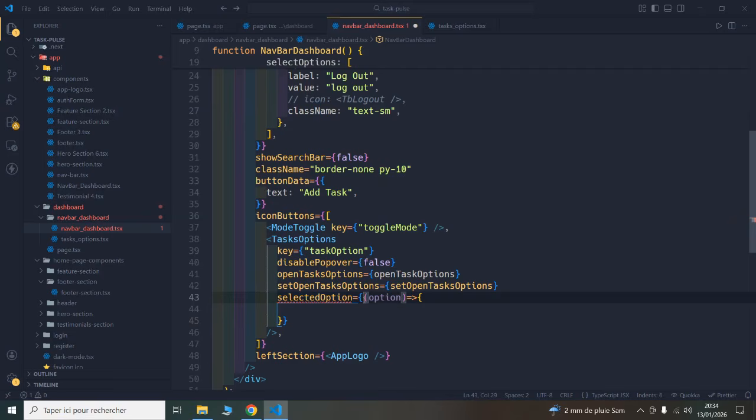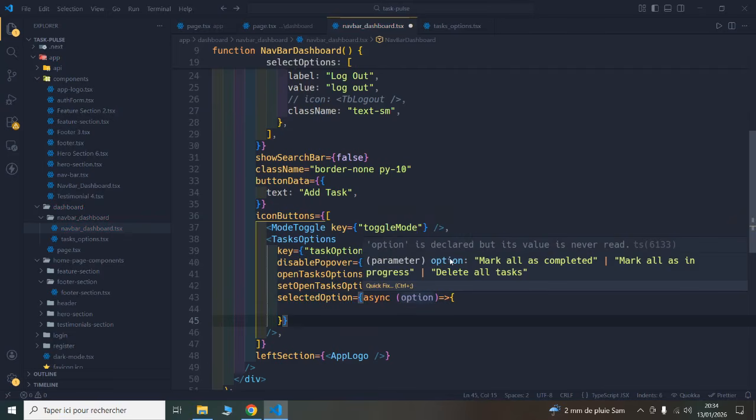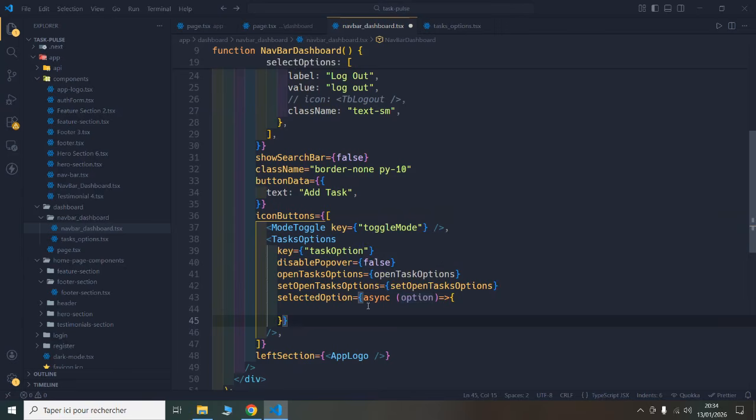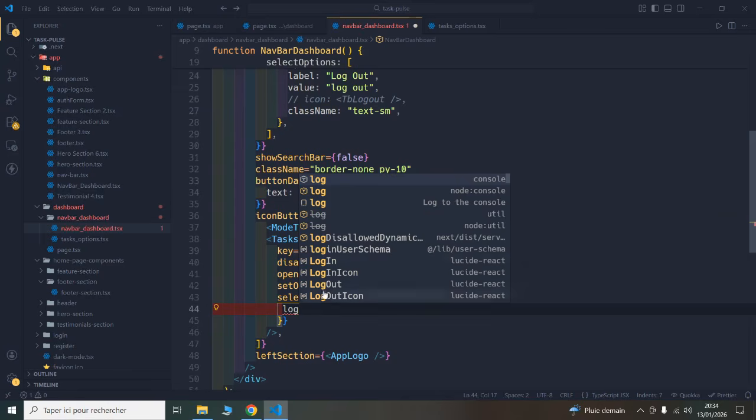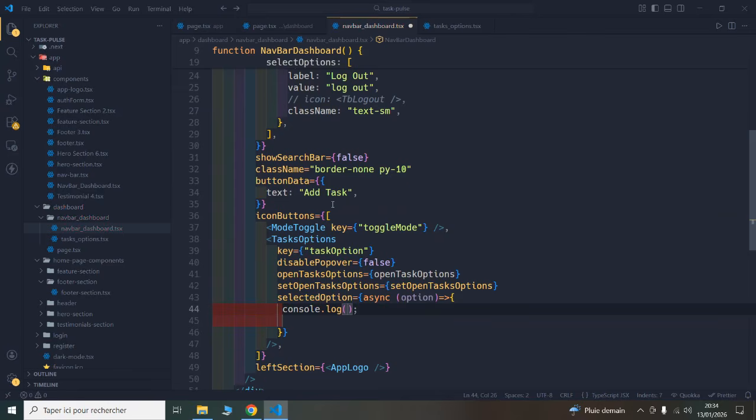Because it is a promise, it needs to be async. Notice that for the option, because we use the array as const, we can access the labels as string literals just for type safety. So for example, if I log the option here,